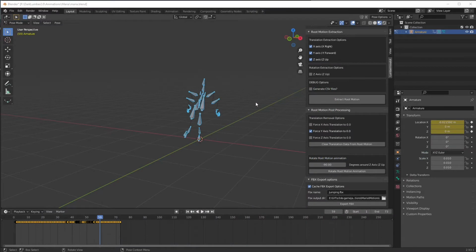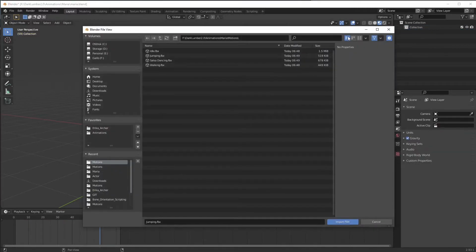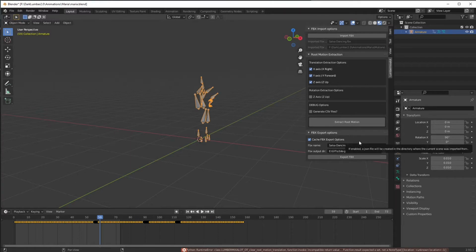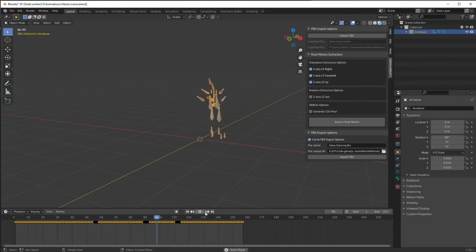Okay, let's work on the dancing animation. As usual, in Blender, delete any content in your scene, click import, and here is a Salsa Dancing, and it looks like there are 157 frames. So if we want to see how the original data looks before doing root motion extraction, oh, there is